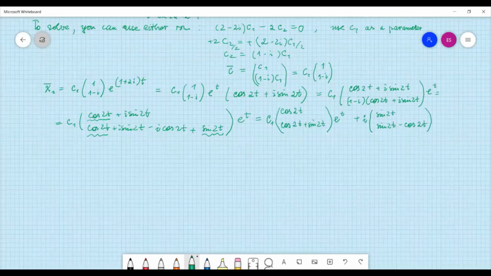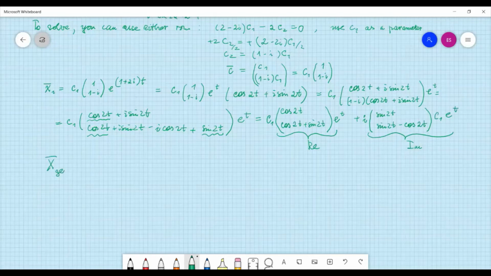Well, because I'm still writing down solution number 1, maybe I should keep the constant c1 here: c1 e to the power of t. But now I'm ready to give a general solution. So that's my real part. This is my imaginary part. I'm going to change this to c2 just to combine two linearly independent solutions with two arbitrary constants. So my general solution,